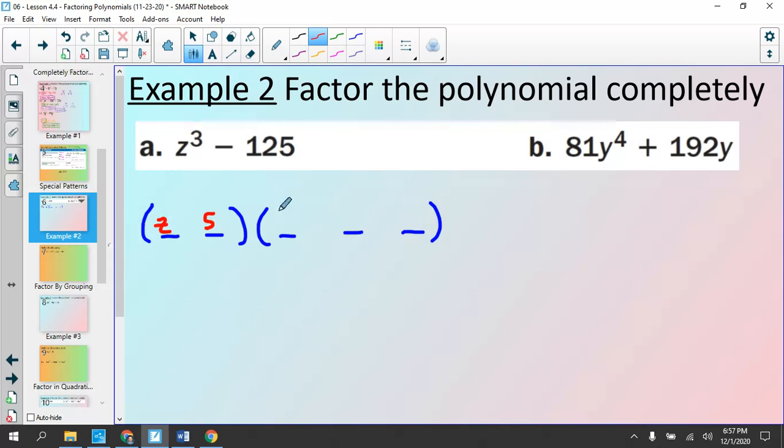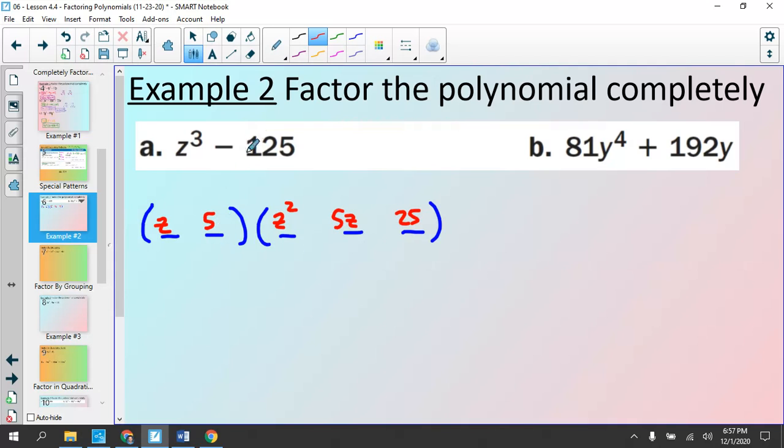So you just kind of go in order. The first thing listed here, you square it. It goes right here, Z squared. The last thing listed gets squared and goes right here, so 25. And then this middle spot is reserved for just this times this. 5 times Z is 5Z. We'll look at the next one. There's a little bit more going on, but